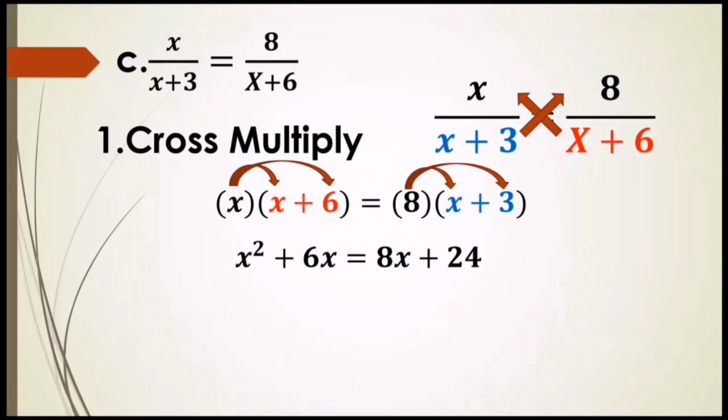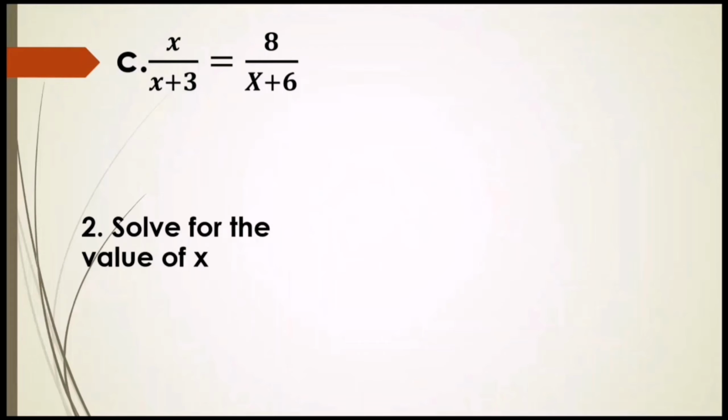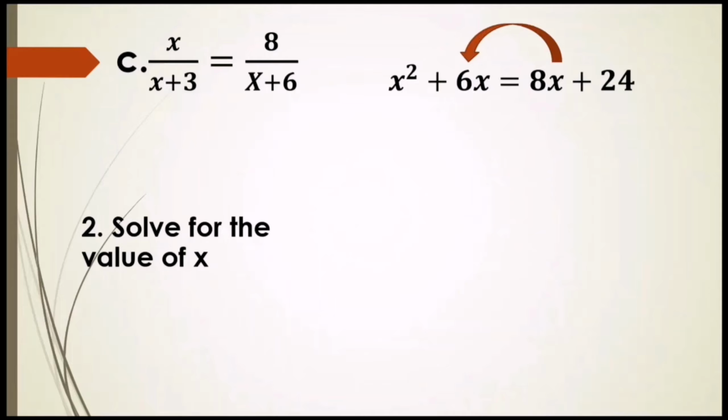So x times x is equals to x squared. X times 6 is equals to 6x. 8 times x is equals to 8x, and 8 times 3 is equals to 24. And then after that, you are gonna solve the value of x. So as we can see, in solving this,